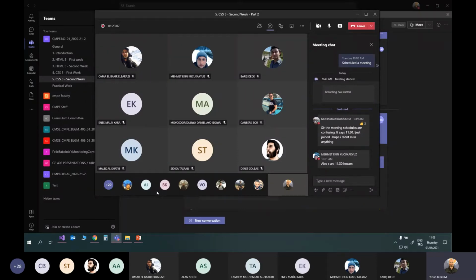And I'm creating my meeting at 10:30, but it seems at 11:30. But this is because of the time settings on your computer. Actually, I cannot complain about Microsoft Teams. It will be unfair if I do that. And it will be most probably about your settings. So when I create 10:30, it will be seen 11:30 on your computer, on your Teams account. Okay, that may be the reason. But friends, actually, we are finishing almost the half of the semester. So we are still talking about when we have lecture, what is the time of this lecture. Please, let's talk about other things. Okay, sorry for this, but I need to be honest to you. Anyway,